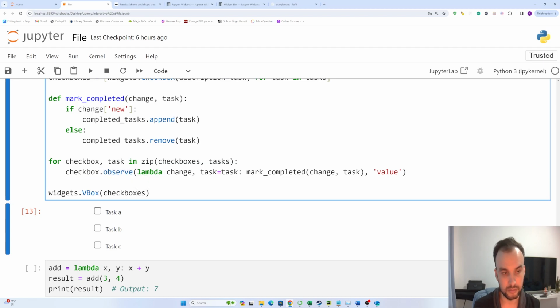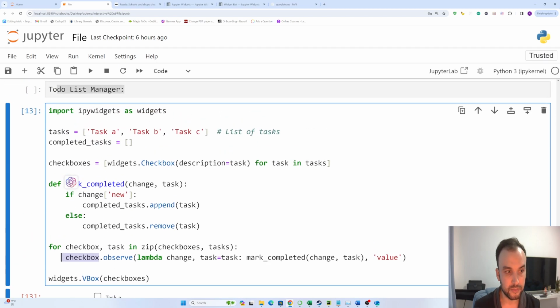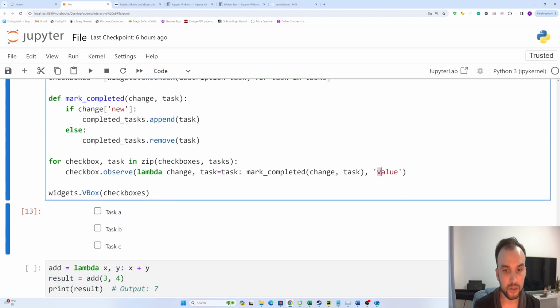In the observe, you remember that first we use the function and then the value. What does it mean? If the value changes in that checkbox, the observe function runs this function, right?